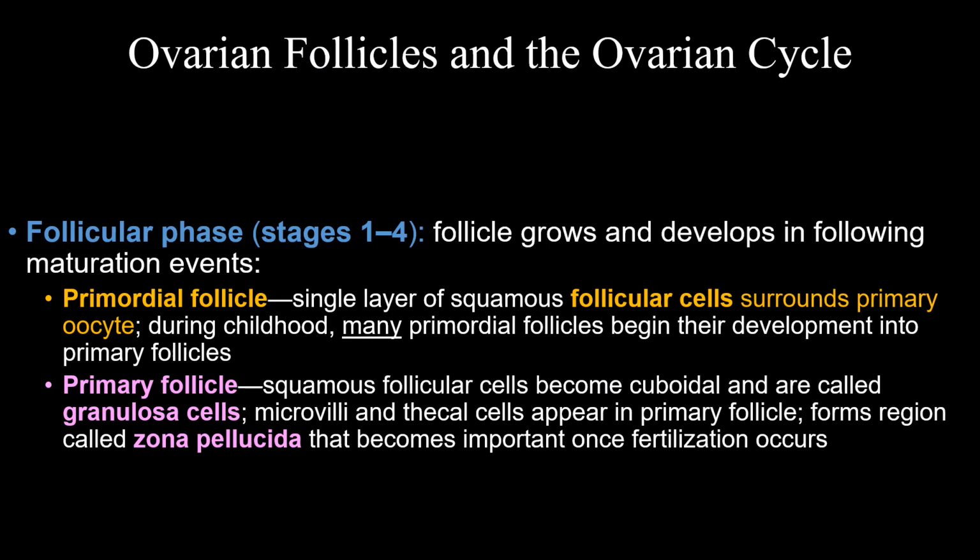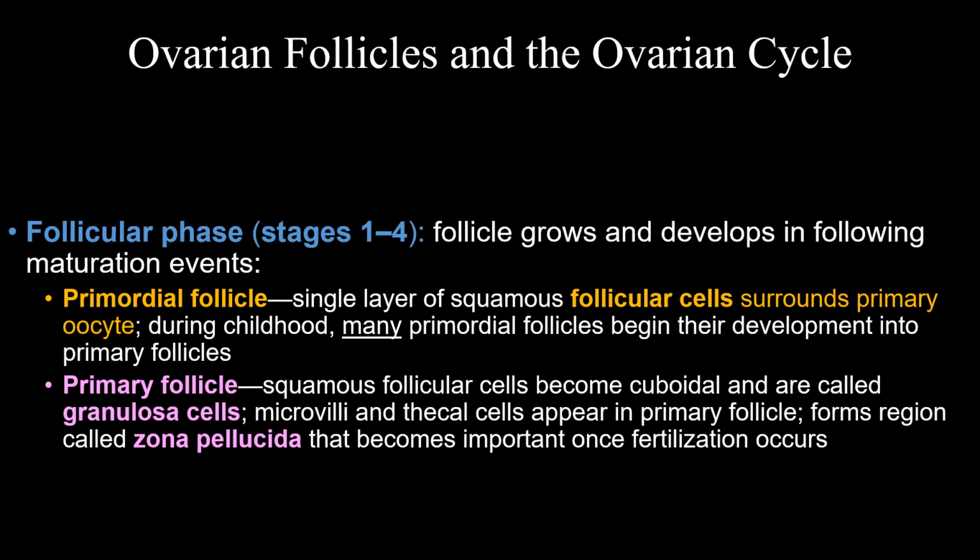Now, the first of the phases is going to be the follicular phase, the development of these follicles, a process that occurs continuously from childhood to menopause. During the follicular phase, the follicle grows and develops, and the maturation tends to follow like this. First, a primordial follicle is a single layer of squamous follicular cells surrounding a primary oocyte. At birth, each ovary has between 1 and 2 million